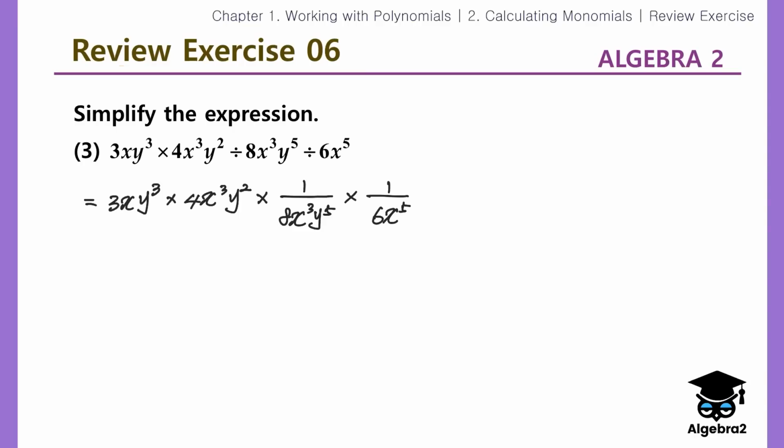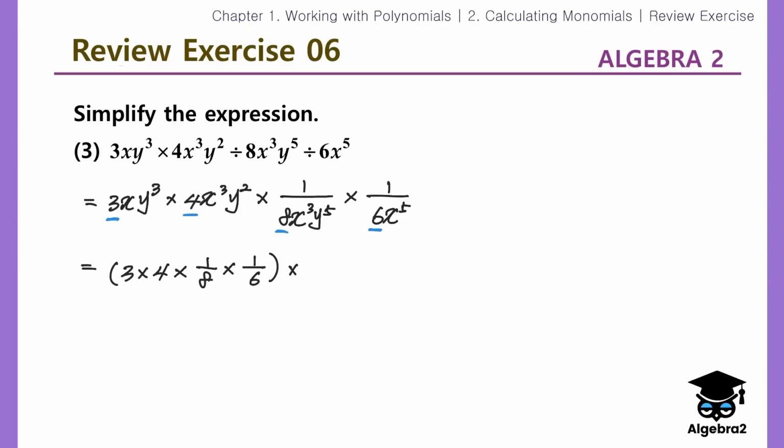Right? So, numbers. We have 3, 4, 1 over 8, 1 over 6. So, we're going to write numbers first. 3 times 4 times 1 over 8 times 1 over 6